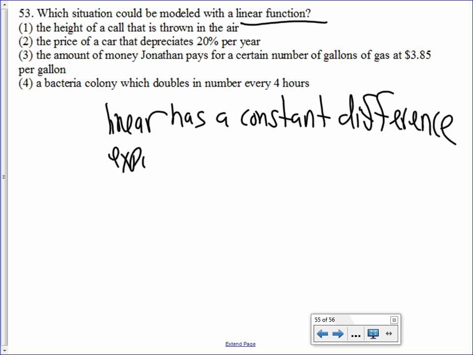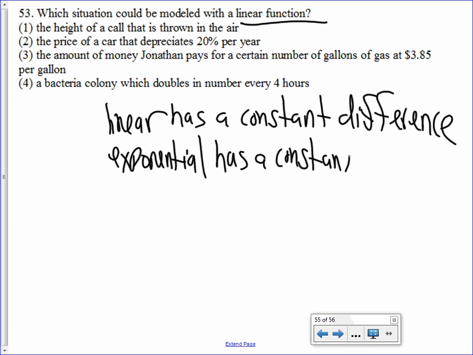Exponential has a constant factor, which means multiplication, or it might be a percent